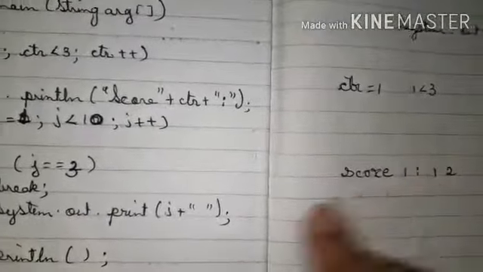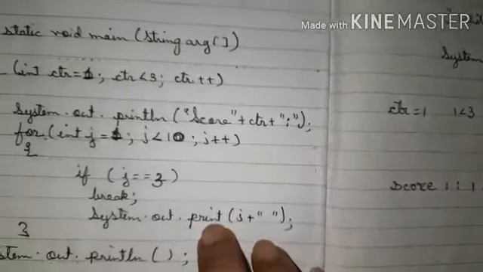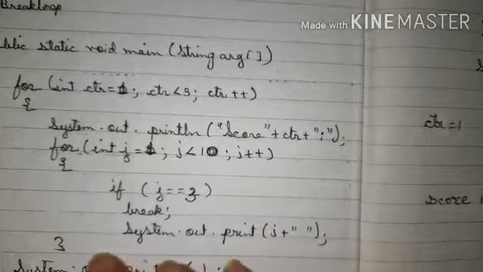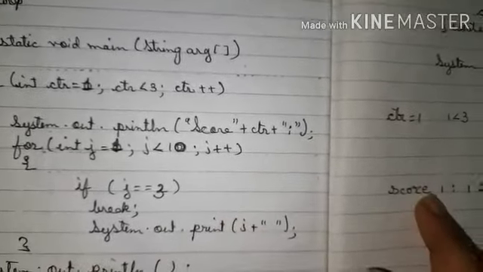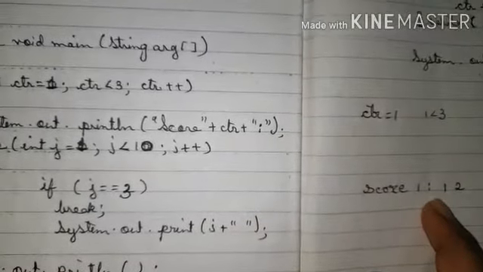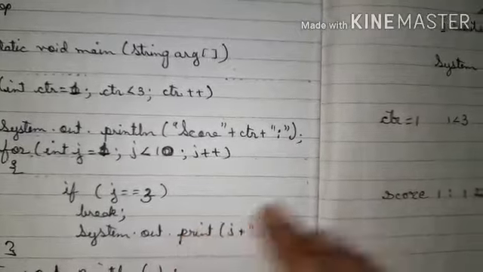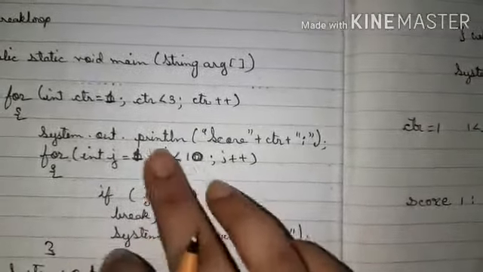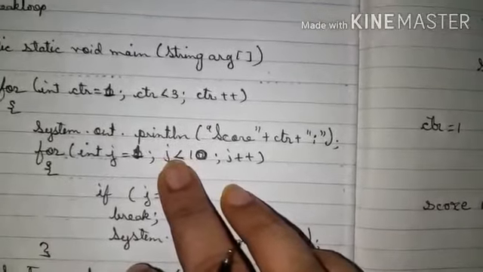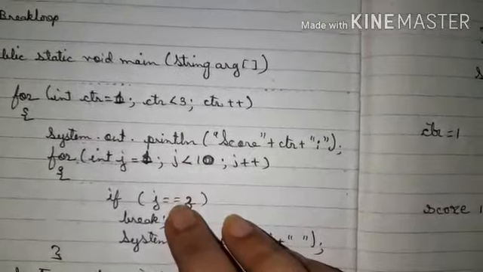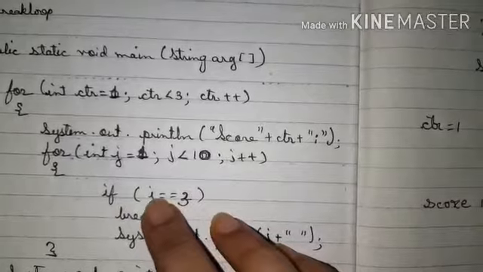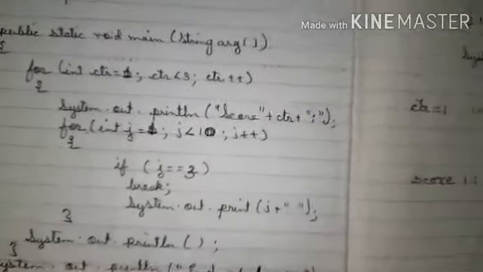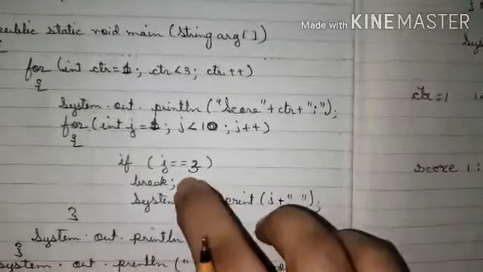See, it will print side by side since print is written. We have written the print statement, we have given print, not println. If it were println, then it would have written down on separate lines. So here print, so it is written side by side. Now I is 3. So 3 is less than 10. Condition true. It will come here, but when it will come here, you see J is equal to 3. So here the condition becomes true and it will enter and break.